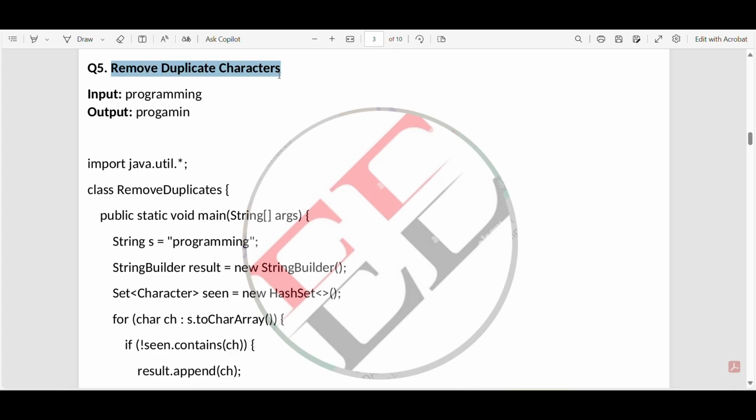We will be given a word, and you need to remove the duplicate characters. All the characters should be repeated only once; they should not be repeated, they should be given only once. So like that,